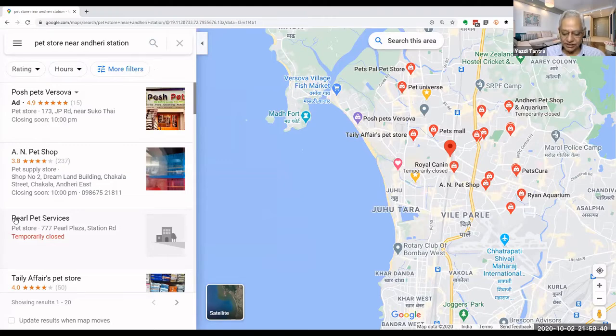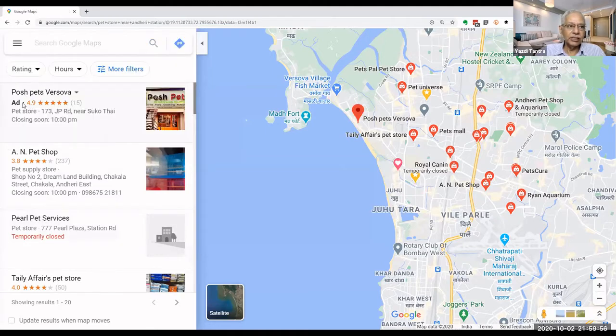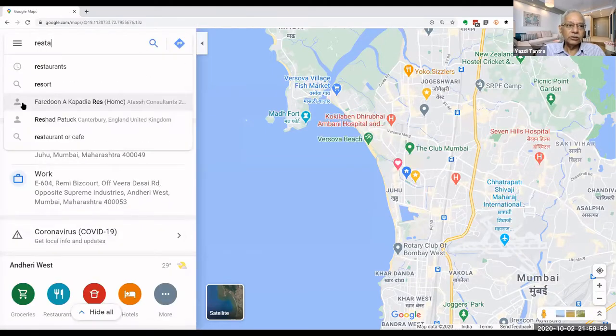Can you see how easy it is to search? You can search for anything. You can search for a grocer, you can search for, obviously we have seen earlier how we could search for a petrol pump, but you can search for anything. Like suppose I am going to Nariman Point and I will say restaurants near Nariman Point.